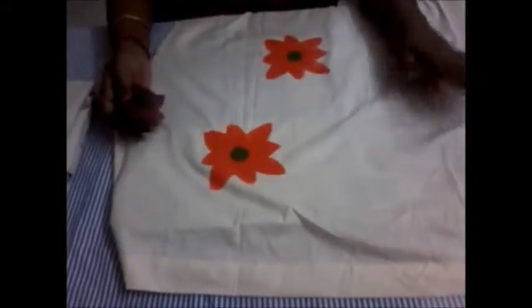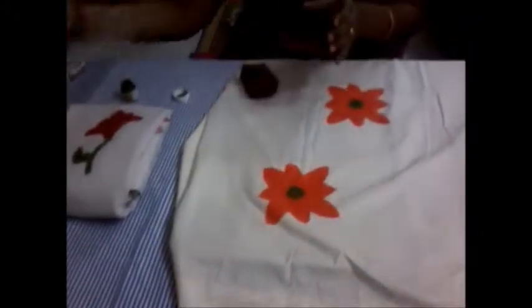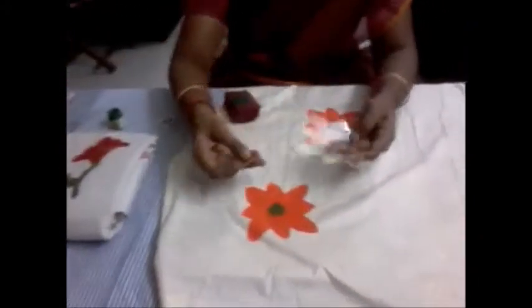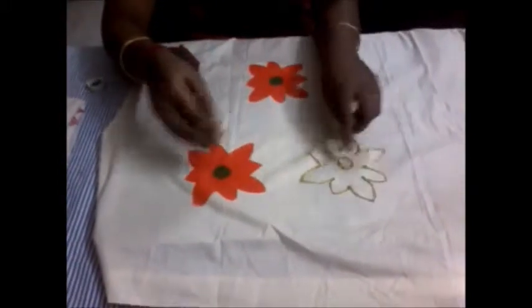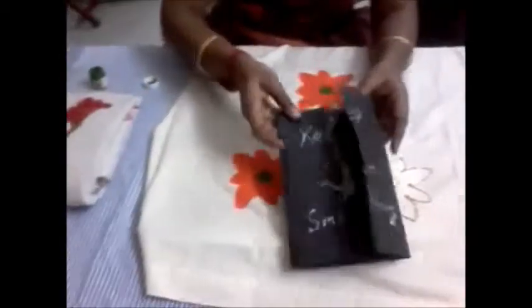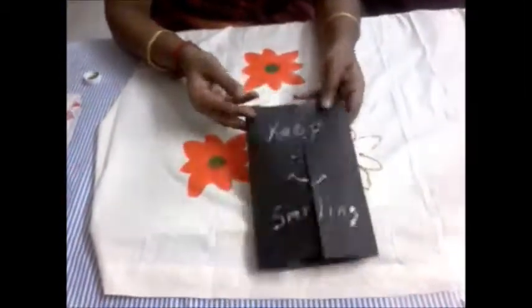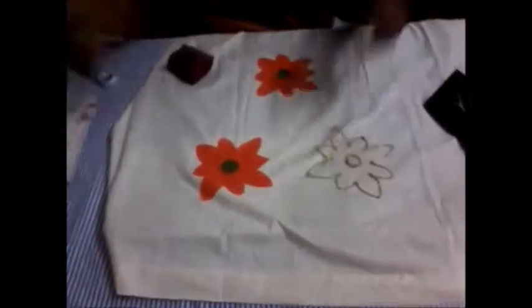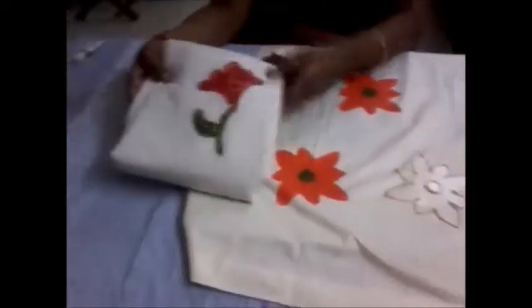You can do this printing on the full bed cover. You needn't waste these designs. Nowadays they are making ready-made columns with the help of these designs, and you can also use this design in a greeting card. I have used this design in a greeting card like this. You can just use it like this, or you can make a ready-made column. If you are going to do it on t-shirts, you can give designs like iconic tube designs like